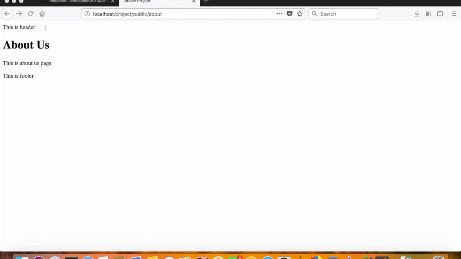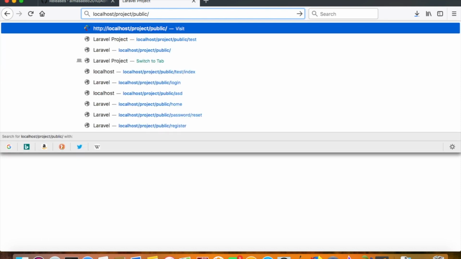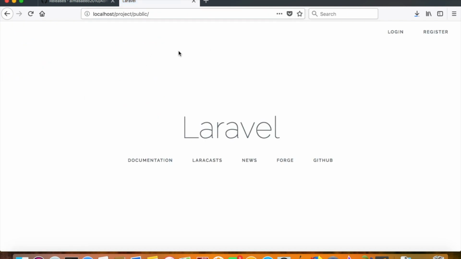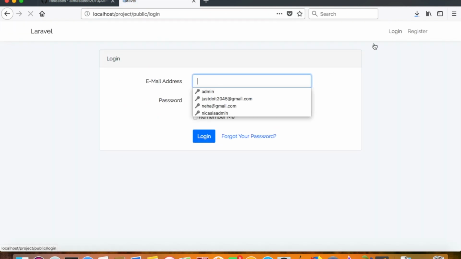One was test and another was about, and we had integrated the same common header and footer in both the pages, but this was not that explanatory for people on how to use templates and use the common header and footer that the template provides. So today I will be demonstrating that after we go to the admin panel, for example